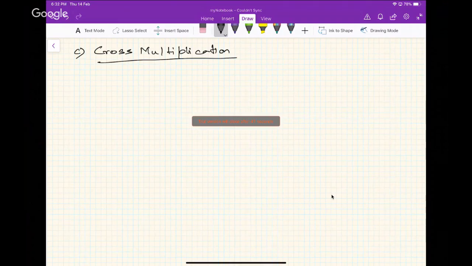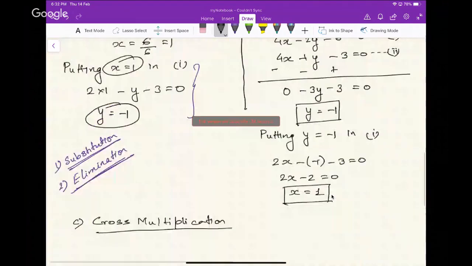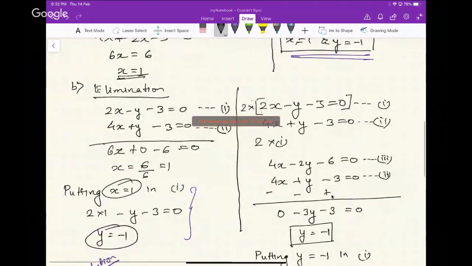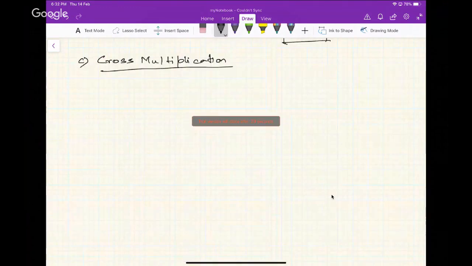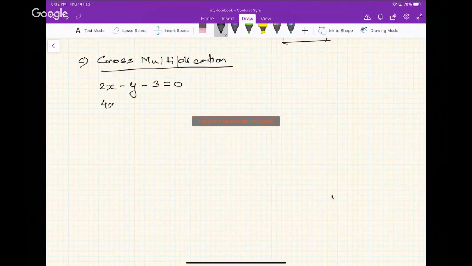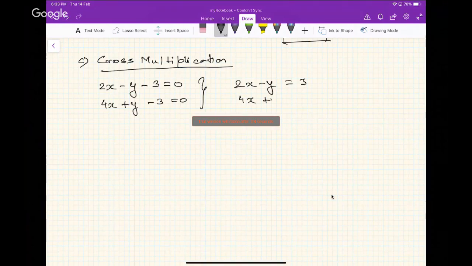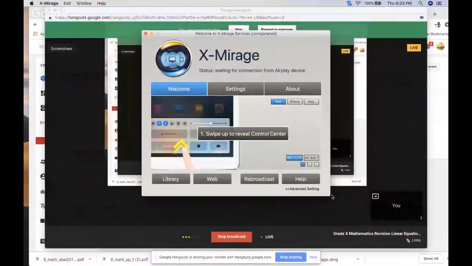What do I mean? Let us take the same two equations. One is 2x minus y minus 3 equals 0, and the other one was 4x plus y minus 3 equals 0. Now here, there is nothing on the right hand side, only 0, right? Another way of writing this could be 2x minus y equals 3, and 4x plus y equals 3. So make sure that you follow one, because if you have this particular format ready, then you have another